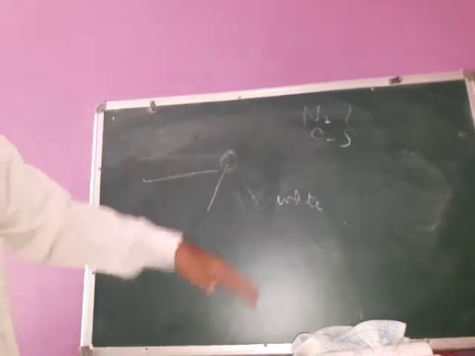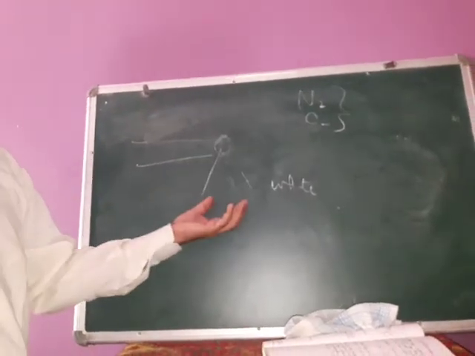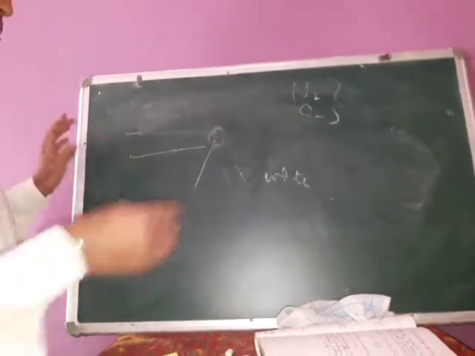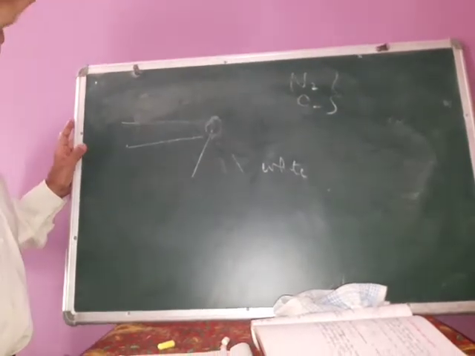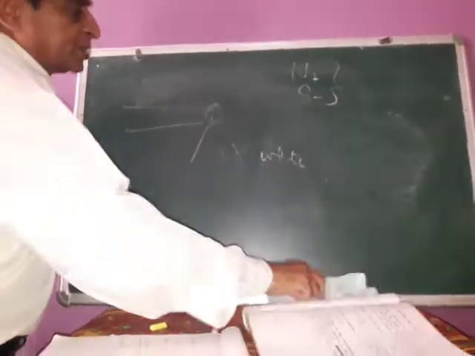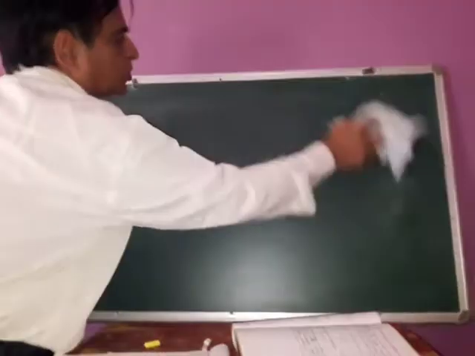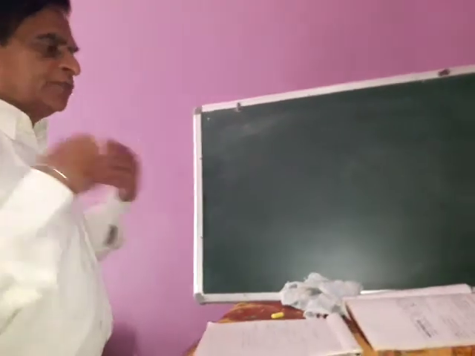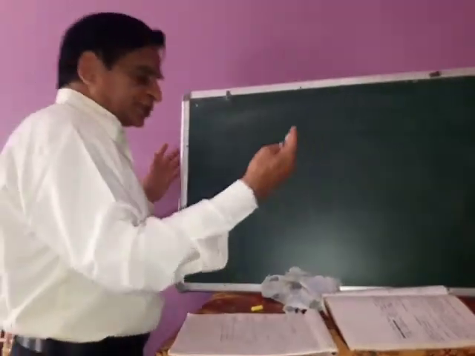All wavelengths are scattered similarly. That's why we see the clouds are white. Why are clouds white? Because the size of cloud particles is much more than the wavelength of light. That's why they scatter all the wavelengths in the same fashion. So we see the clouds are white.